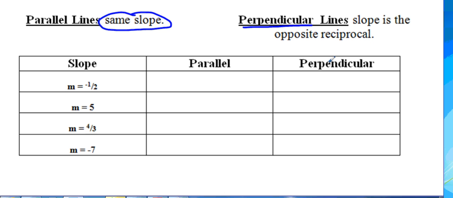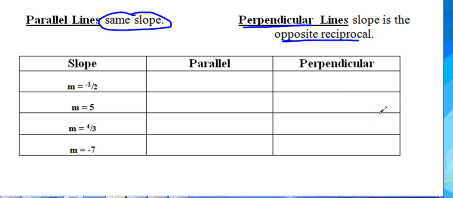In order to make that 90-degree angle upon intersection, the slopes of perpendicular lines are opposite reciprocals. Opposite meaning their signs are different from one another. So one line would have positive slope while the second has negative slope. And reciprocal is when we take a fraction and we flip it upside down. So let's take a look at some examples of how we can go back and forth between